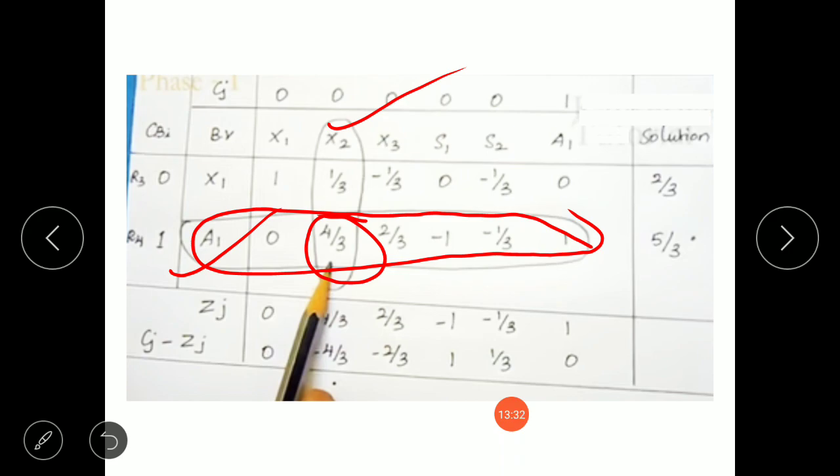For iteration table 2, everything will remain same. We need to write all the variables that are present in iteration table 1 except the leaving variable. What is my leaving variable? a1 is the leaving variable. So for iteration table 2, we are going to write all the variables except a1.